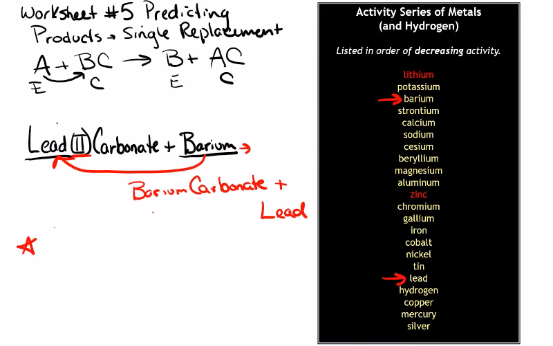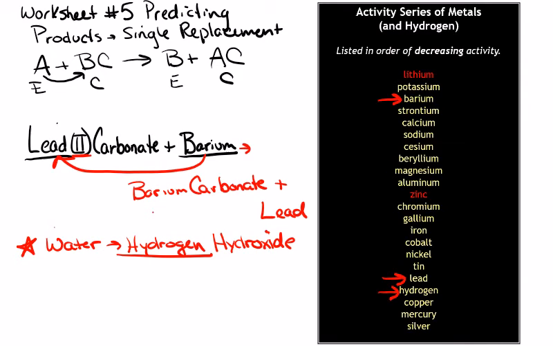Just a few brief notes as well about these single replacement reactions. You'll notice sometimes that water is a part of the compound. And if you see water in your equation, change it to hydrogen hydroxide instead of calling it water. The reason is that hydrogen is going to be the metal. And so you can tell if something can replace hydrogen in the water because hydrogen is listed down here. As long as the metal that's trying to replace hydrogen is listed above it, then it can replace it in water. Okay, so you'll have hydrogen in the end by itself,